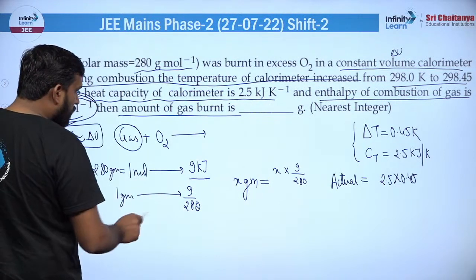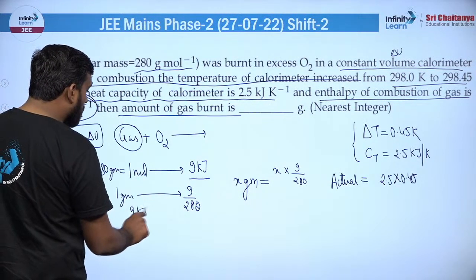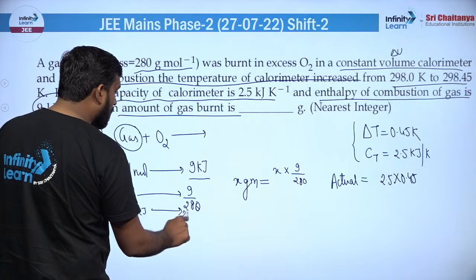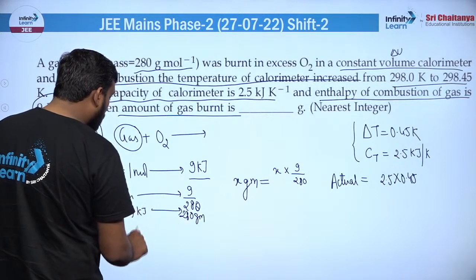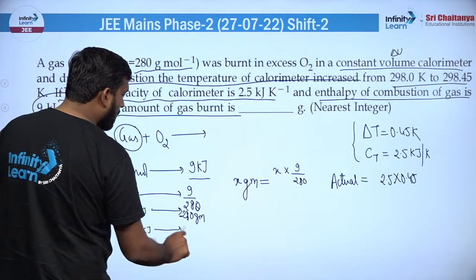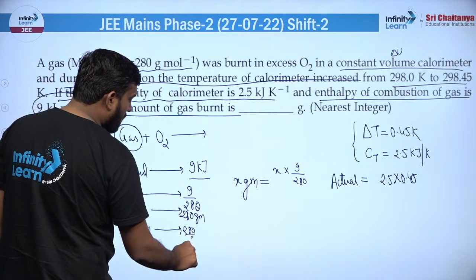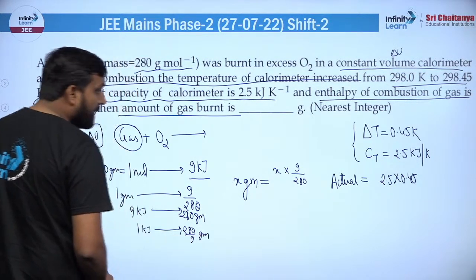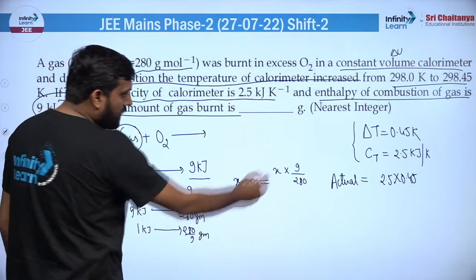तो ऐसे भी समझ सकते हो, दूसरे तरीके से देखना हो तो ऐसे समझ सकते हो कि 9 किलो जूल एनर्जी किसके लिए रिलीज हो रही है बेटा, 280 ग्राम के लिए रिलीज हो रही है। तो 1 किलो जूल के लिए कितना है बेटा, 1 किलो जूल के लिए 280/9 ग्राम का सब्सटेंस लगेगा, ठीक है।